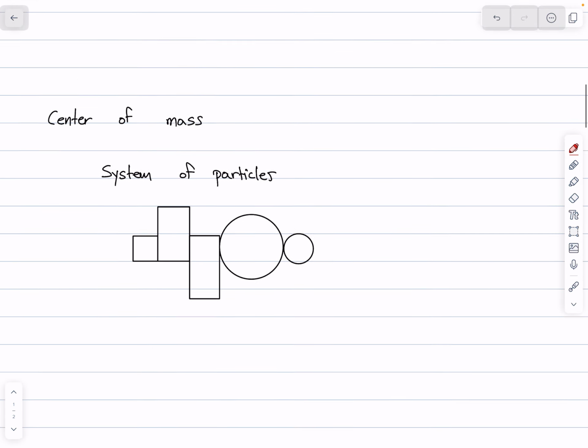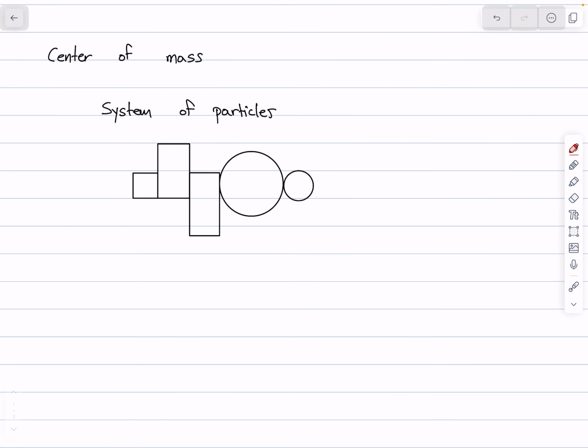Sometimes maybe we'll have a collection of particles, and in this case we need to identify the location of the center of mass of the first object, the center of mass of the second object, the third, the fourth, and the fifth center of mass. And if we know the mass of each single particle or of each single object that forms the system, we can find the location of the x-coordinate of the center of mass by applying the rule